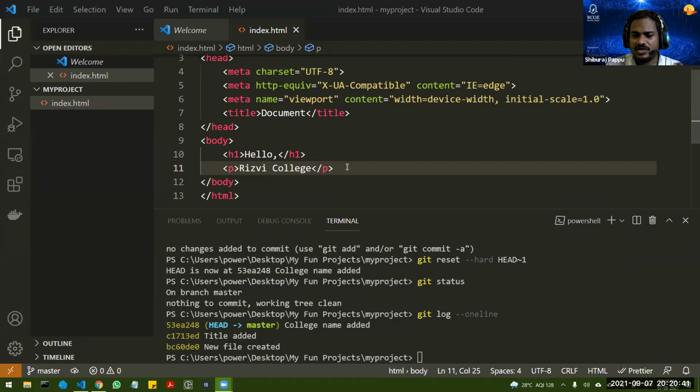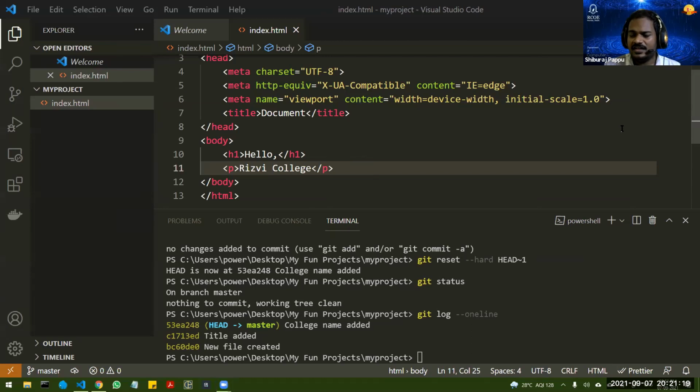The reason is that it is like you are going back a commit, but your code is not getting deleted. Whenever you write code and you realize that something has gone wrong, but it is not terribly wrong, not completely wrong, and there is some part that can be changed and then recommitted, then in that case git soft reset is better